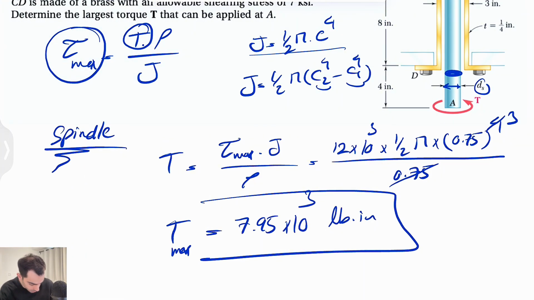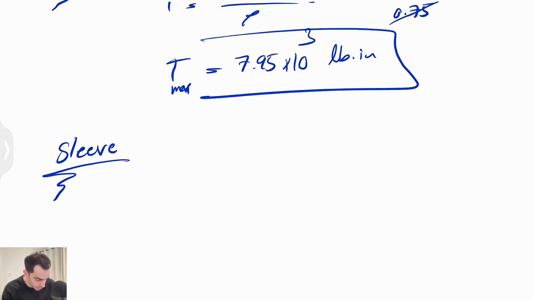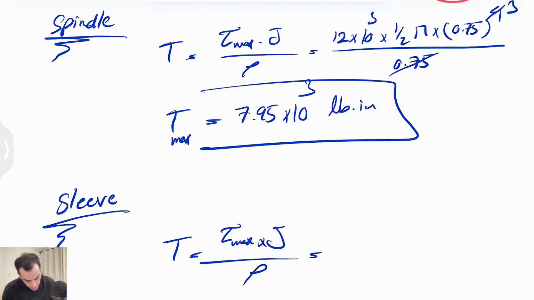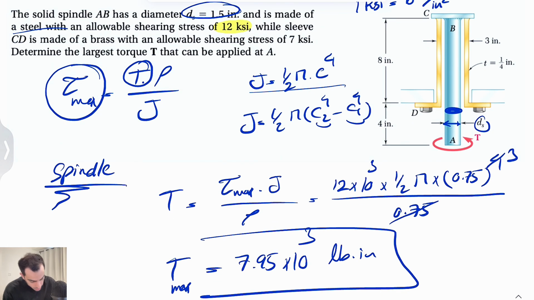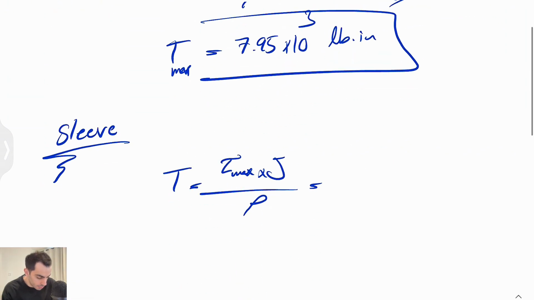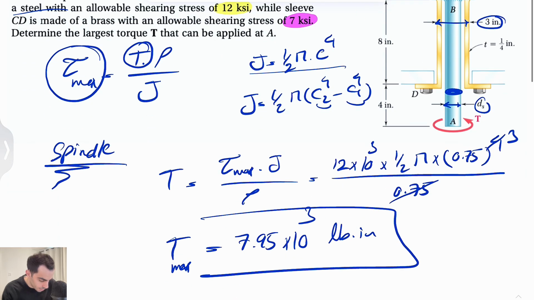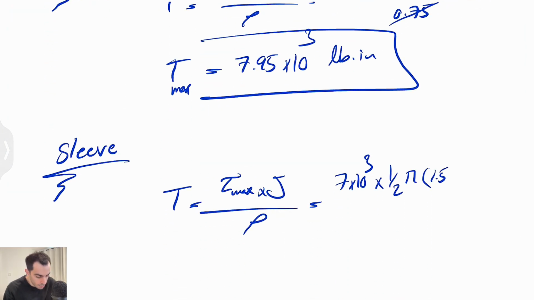So that's going to be the maximum torque from the spindle. Let's move on to the sleeve. So again, our T in here would be the maximum shearing stress times J over rho. This time we have a different shearing stress, which is 7 ksi. So 7 times, again, 10 to the 3 for the unit conversion, 1/2 of pi. And we have to figure out the outer diameter. So we have this outer diameter 3 inches. So we're going to divide by 2 to get the radius. So 3 divided by 2, 1.5 to the power of 4 minus